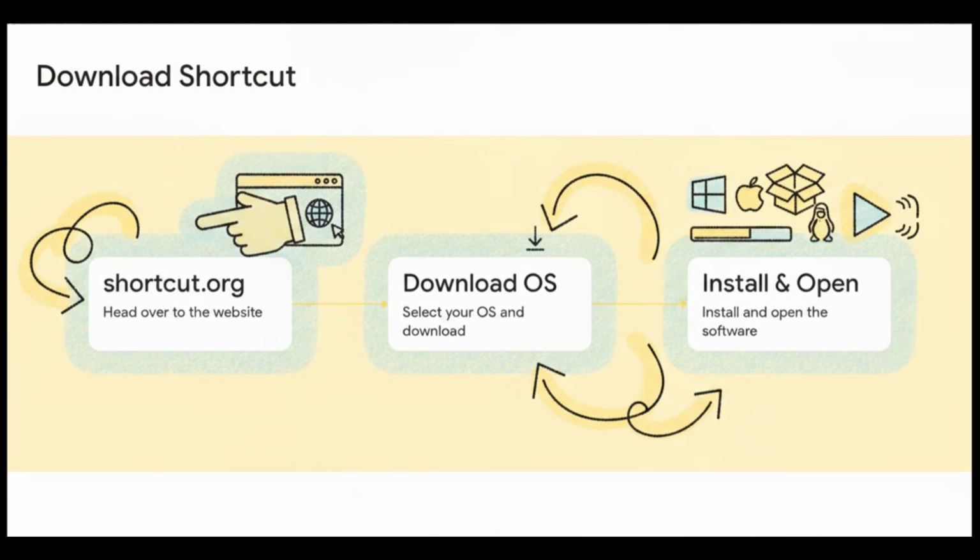Moving on to Section 2, setting up Shotcut. What's actually pretty wild is just how fast this setup is. Now, while Shotcut is technically a full, comprehensive video editor, for this explainer we're focusing purely on using it for watermark removal. So, step 1, you just head over to shotcut.org. Step 2, click Download and select your operating system. In the source tutorial, the creator goes with Windows. The download is going to start automatically in a few seconds. And finally, step 3, once that's done, just go ahead and install and open up the software.